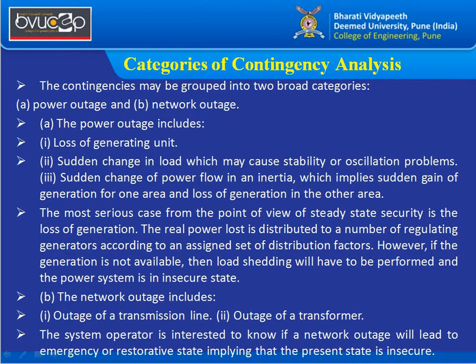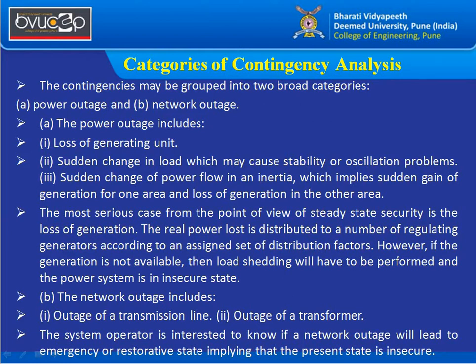These categories are very important, mainly, as I've mentioned, because they are decided on the major factors that are occurring in the power system. One is the power outage, and the second is related to the loss of generation unit. These two things are very important for understanding the behavior of the system and to have the security of the system. So let us first discuss the power outages.